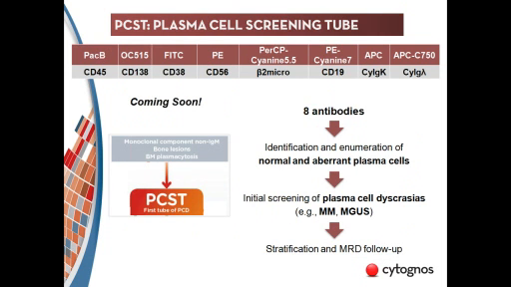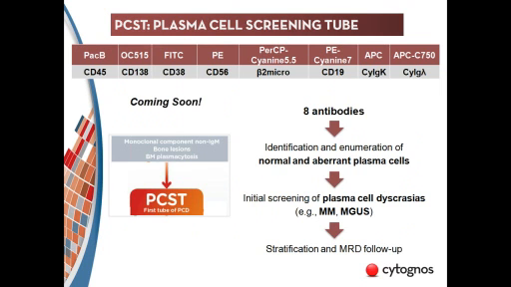The last tube I want to talk about is the PCST, the plasma cell screening tube. It's not available yet, but it will be in a couple of weeks. In this case, it's also 8 antibodies and is designed for the study of, as the name says, plasma cells. So it's for the identification and enumeration of normal and aberrant plasma cells. It can be used as an initial screening of plasma cell dyscrasias like multiple myeloma or MGUS, and also